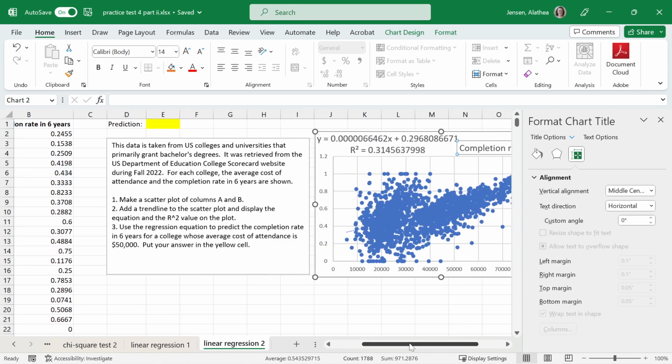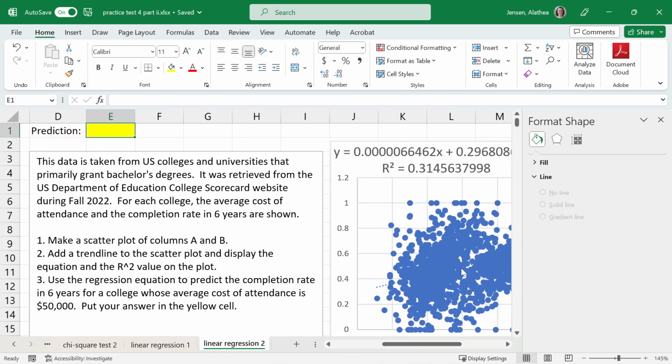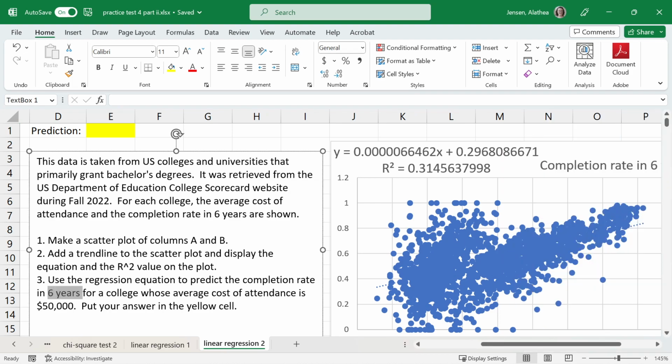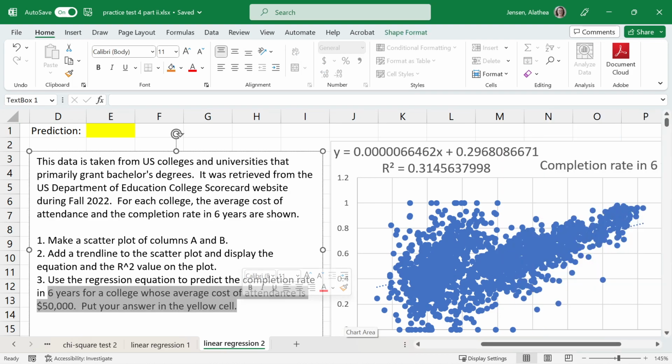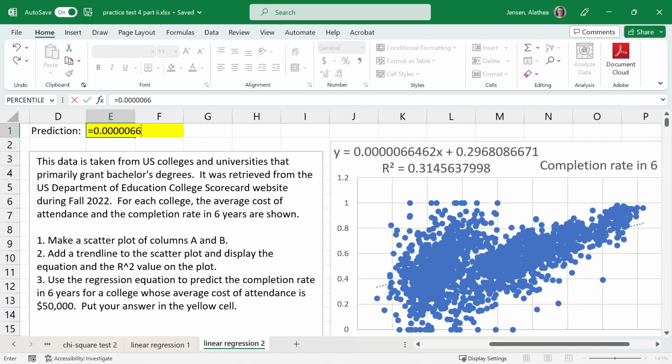Okay. So now for the prediction, use the regression equation to predict the completion rate in 6 years for a college whose average cost of attendance is $50,000. Put your answer in the yellow cell. Okay. All right, so we're just going to type in the formula right here. So equals, and then we're going to do 0.00000666462 times, and then 50,000 is our x value, and then plus the y-intercept here, 0.296808